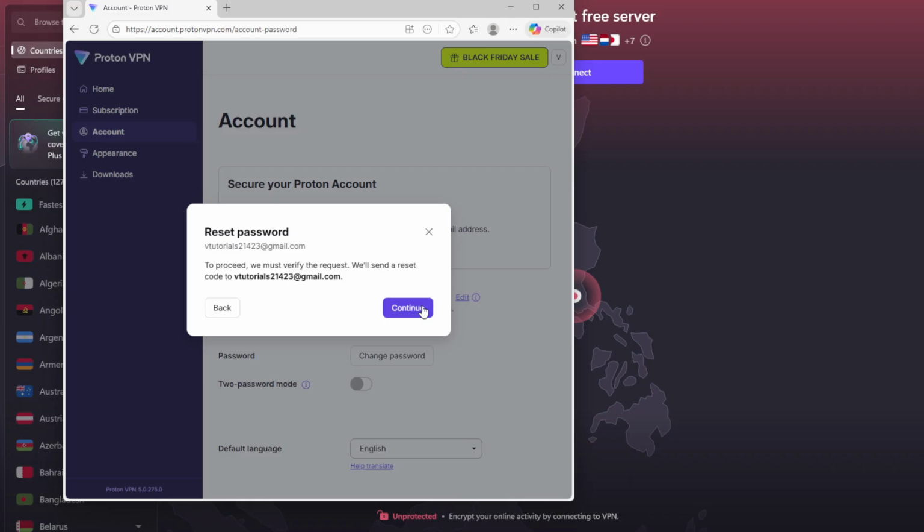And there you have it. Your Proton account password has been successfully updated. Make sure to use this new password the next time you sign in to ProtonVPN or any other Proton service. It's always a good idea to keep your